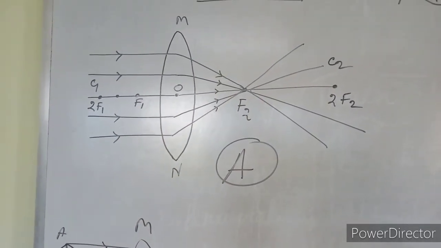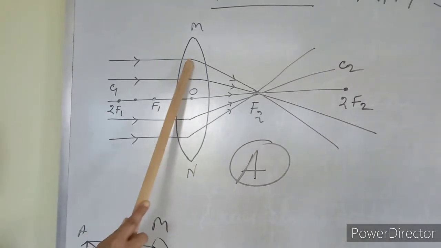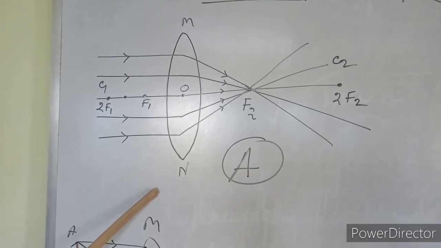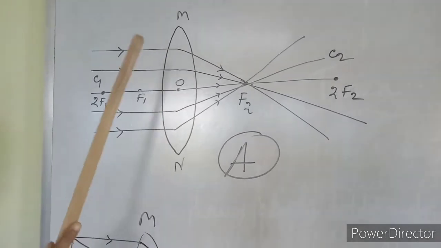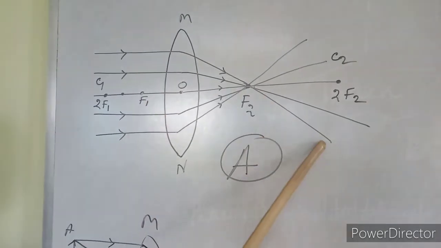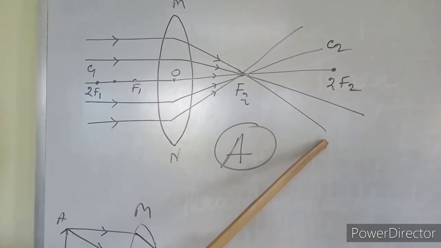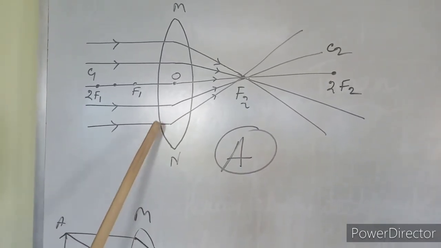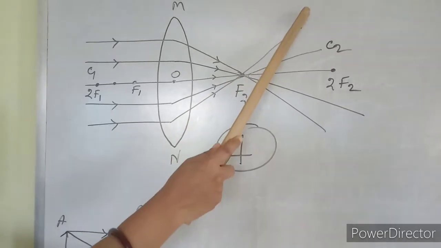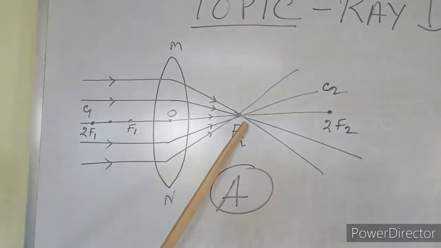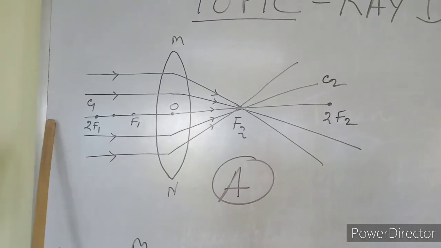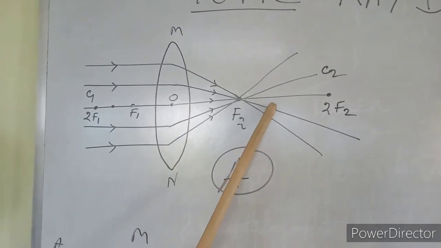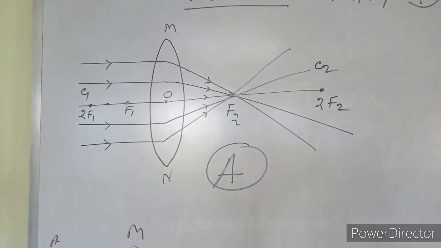through the optical center. The ray is coming parallel to the principal axis as per the rule, as it is convex lens. So after refraction it will go through the focus on the opposite side as it is converging lens. Another ray coming parallel to principal axis, after refraction again meets at the focus point on the opposite side. And if I consider this ray that is coming straight, it is passing through the optical center without deviation, it is going in that direction.